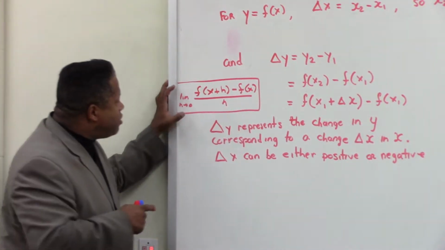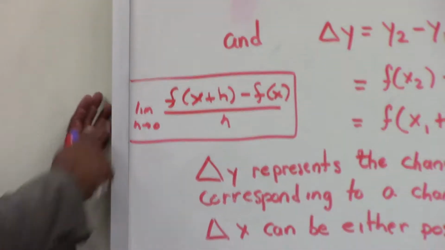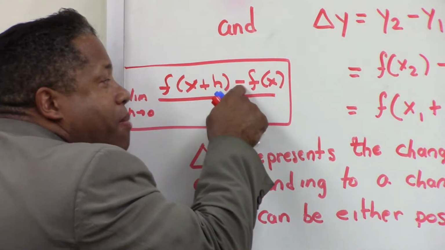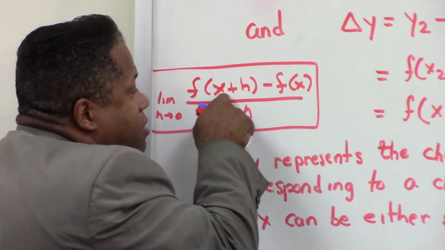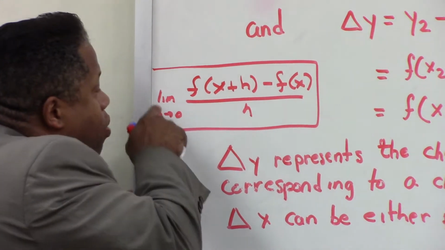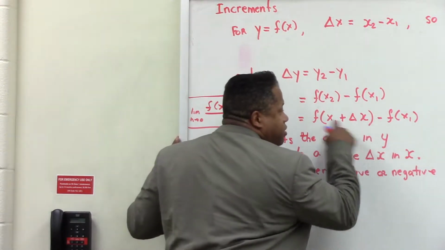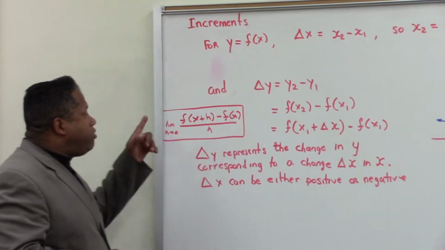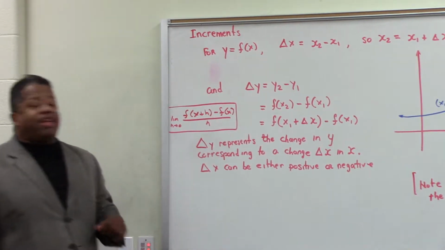Let's go over here for a second. Zoom in on here. This is the difference quotient. And the difference quotient is f of x plus h minus f of x, again, look at this top here, right? f of x plus h minus f of x divided by h, when the limit as h approaches 0. This is kind of similar to the top piece here, very similar. So this is the difference quotient for finding the derivative,